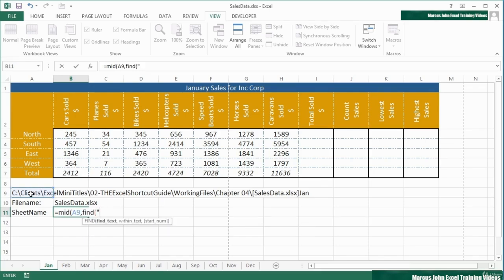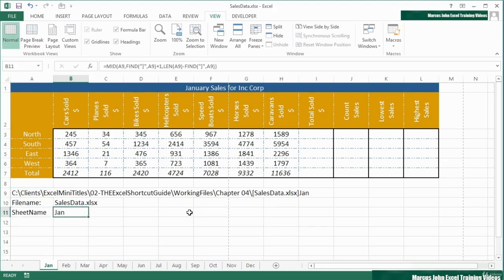So I need to find the close square bracket using the FIND function within this string, add one character on, because I don't want the square bracket, I want the first character after there. So that's the start point. But then how many characters? Well, I want to go from there to the end. So the number of characters is going to be the length of that whole string, take away wherever the close square bracket is. I've just copied that function and pasted it in. Copied one too many commas. So we're going for the length of the whole string, take away wherever the square bracket ends up, close, return,